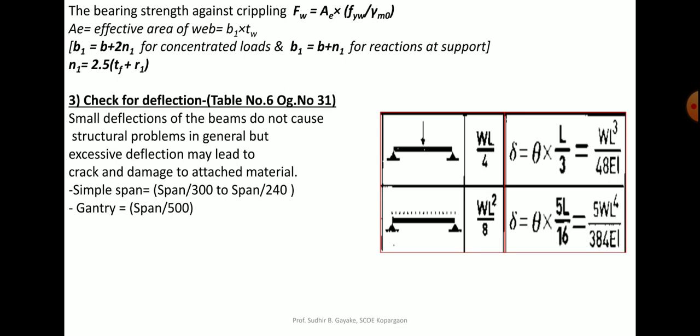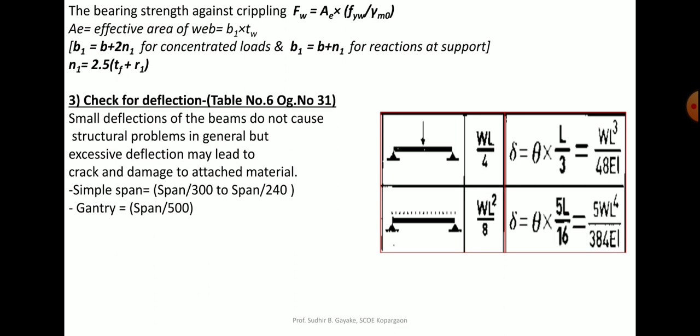So in short, for design of flexural members, initially you need to calculate maximum bending moment and maximum shear force for factored loading acting on the section. For given bending moment, you need to calculate the section modulus required. For the required section modulus, you need to select a section based on the elastic or plastic section modulus available in your steel table. After selecting the section, you need to classify the section whether it is plastic, compact, semi-compact or slender, and based on classification, by calculation of high shear and low shear condition, you need to determine the design bending strength for the selected section.